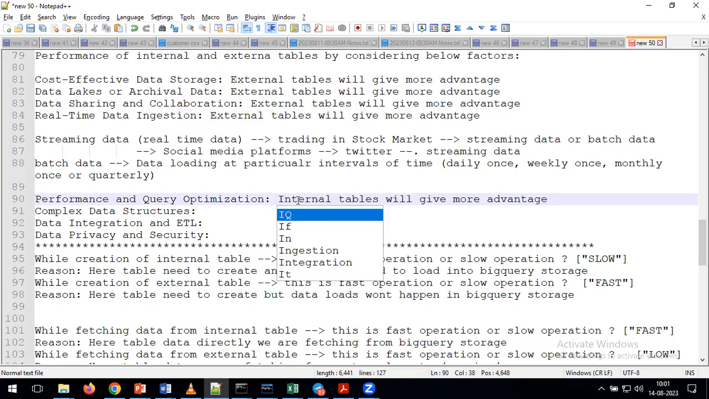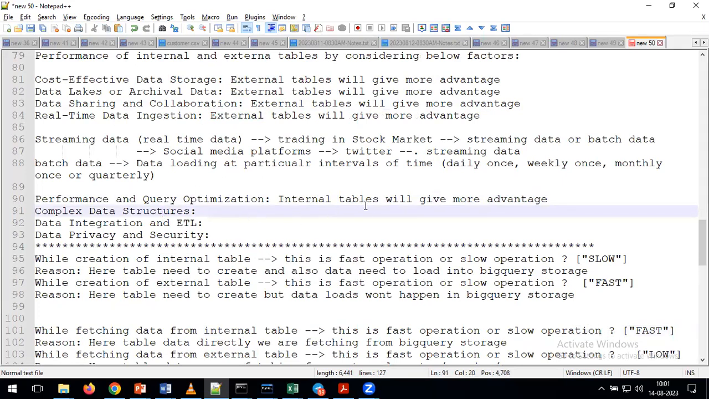Whenever you are trying to run queries or retrieve data from the system, performance comes into the picture. By considering performance and query optimization, we can say internal tables are going to provide more advantage. Now, in the same way, whenever you want to deal with complex data structures,